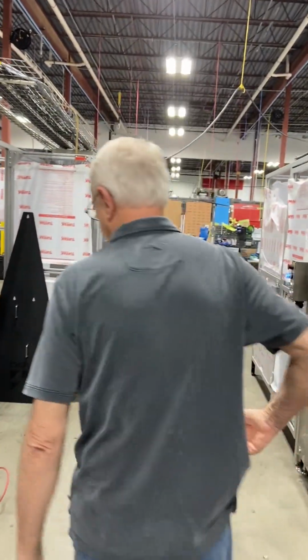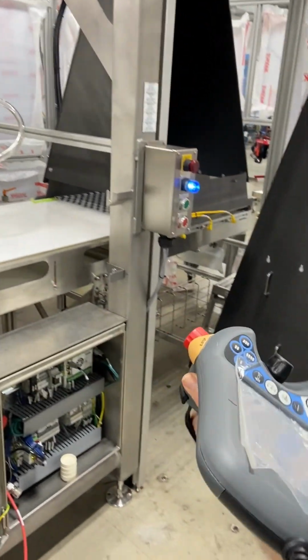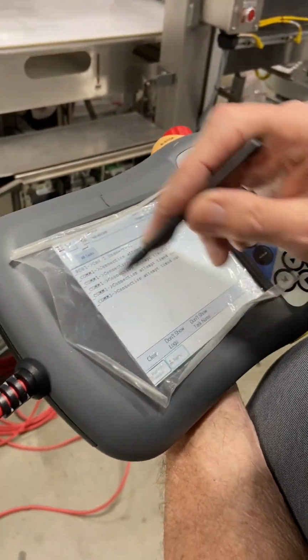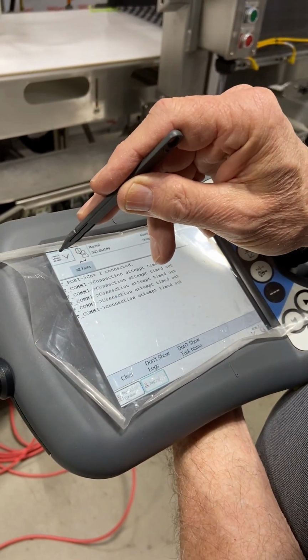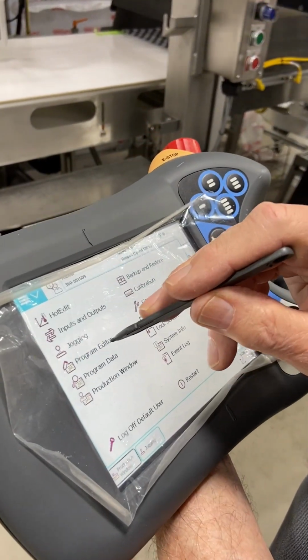And then we'll come back over to the pendant, and we'll assume that you have a pendant plugged in. I have this one all primed up and ready to go. So up in the upper left, you're going to click that button, and we're going to click Program Editor,